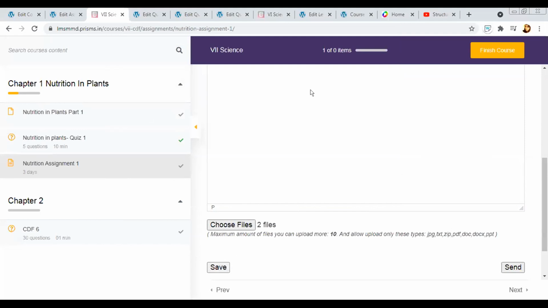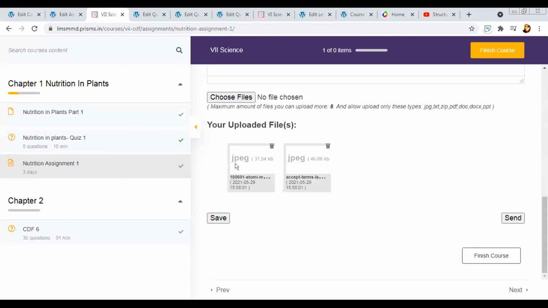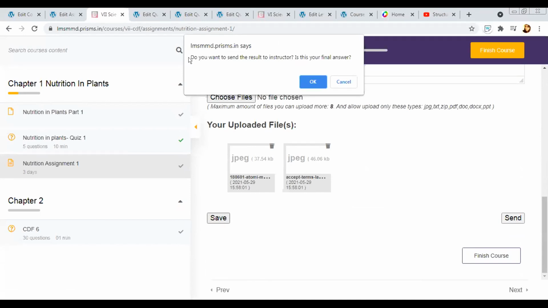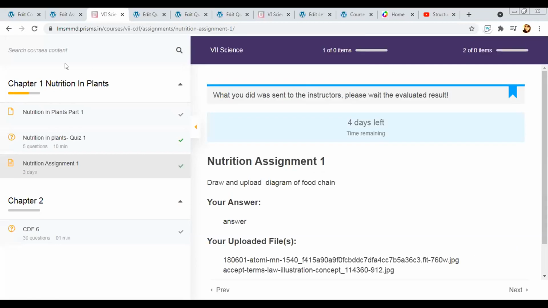Okay. Save. So as a teacher, everything the student does, you can do beforehand also, just to check whether everything is working. And I can see all the files that are there once they are uploaded. Saving it is mandatory. Like I said, all of this is cloud-based. It doesn't require any storage space on your devices. So you just have to click on save. I can see all the files that I have uploaded and send. And for send also, it does ask, do you want to send this result to your instructor? Is this your final answer? So in that way, the student can send an assignment.